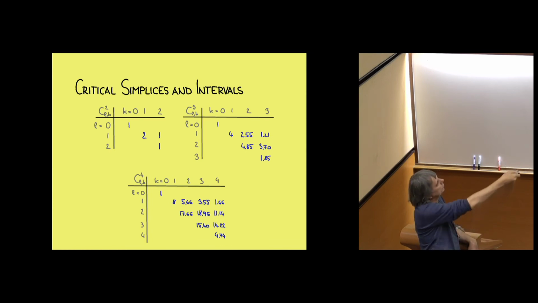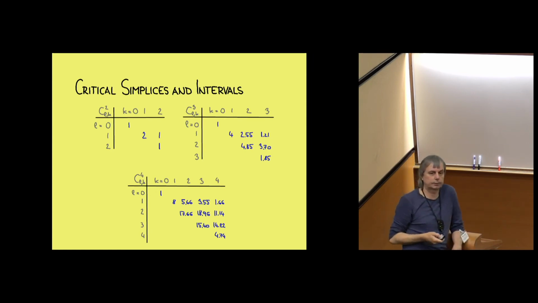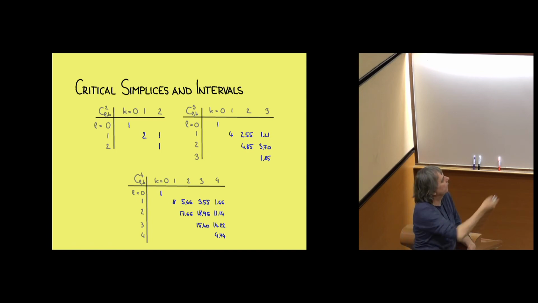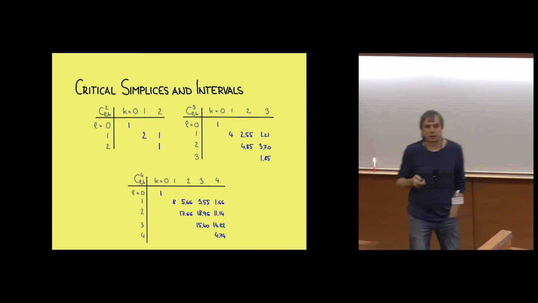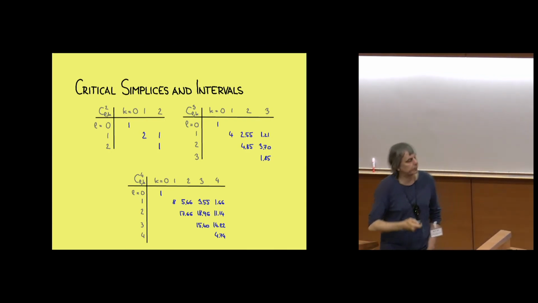So in 3 dimensions, you get these numbers over there. They have been known by Miles already. So this is a result from the 70s. And in 4 dimensions, some of these numbers have been, no, none of these numbers have been known. Actually, also in 3 dimensions, these numbers have not been known. These are the numbers for the intervals. That's the first time we considered this.